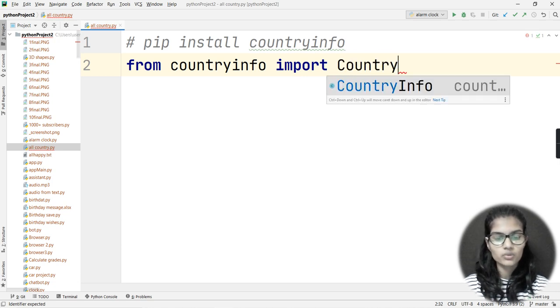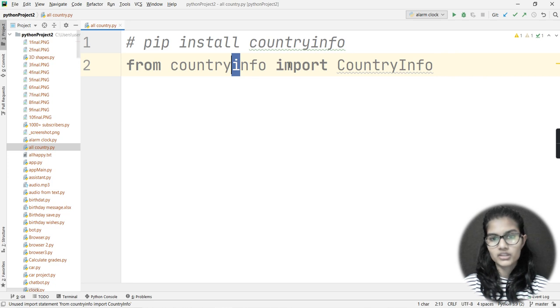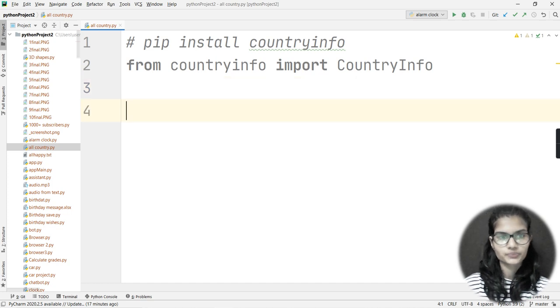The difference between the two is that in the library name the C and I are in small letters, and in the function name the C and I are in capital letters. Make sure not to make any mistakes while writing the code. So from the country info library, I have imported my CountryInfo function.